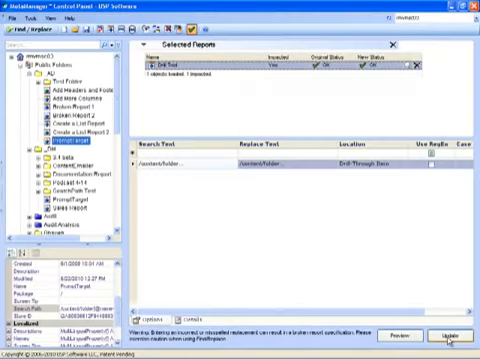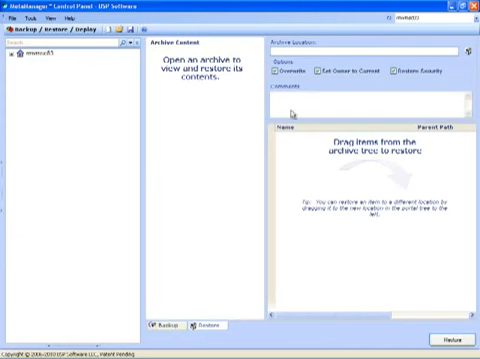Now I'm ready to hit update, but before I hit update, I think I should make a backup of this report just in case I make a mistake. So I'm going to come up on the toolbar and hit the Create a Backup button. That's going to bring me over